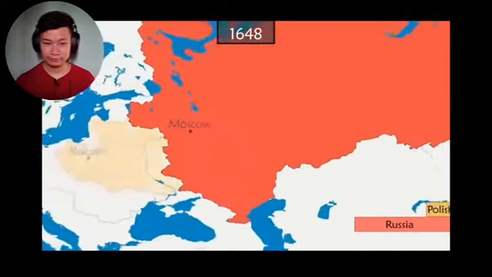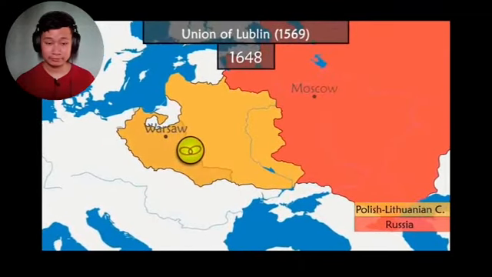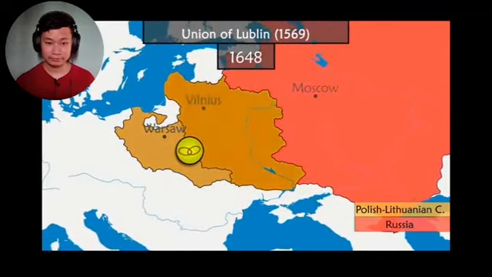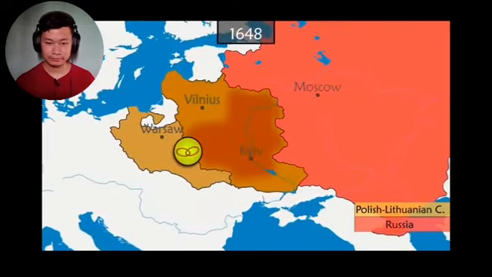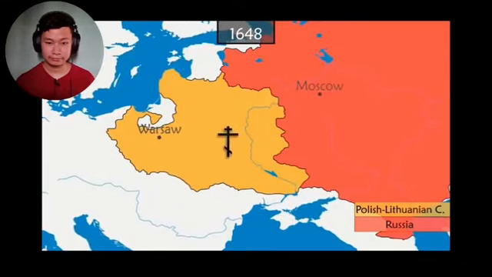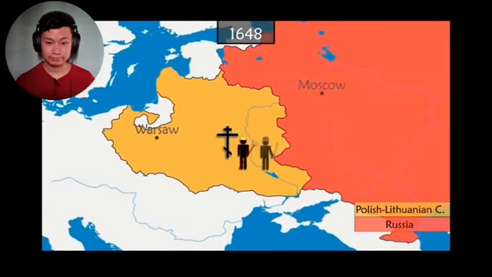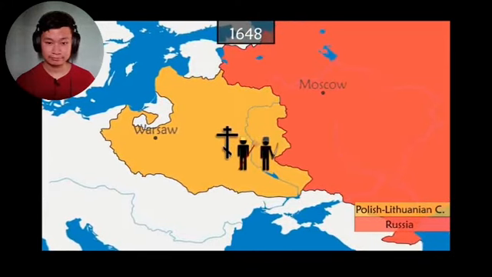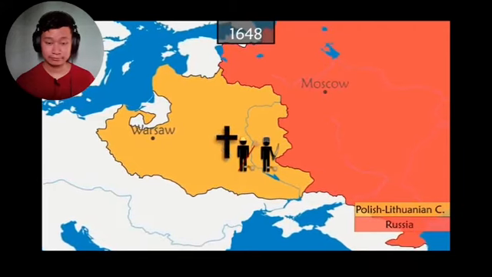In the West, the Polish-Lithuanian Commonwealth is the result of the union in 1569 of Poland and Lithuania, which had conquered a large part of the territories of the former Kievan Rus during the Mongol domination. These lands, mostly Orthodox, are a space of relative freedom for the peasants and Cossacks who live there. But the local Polish nobility wants to convert them to Catholicism and make them serfs.